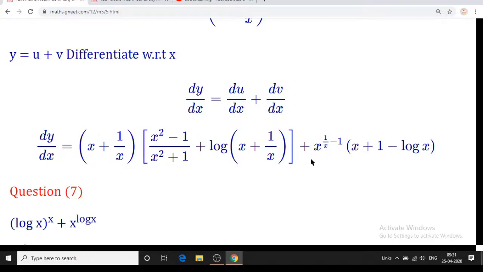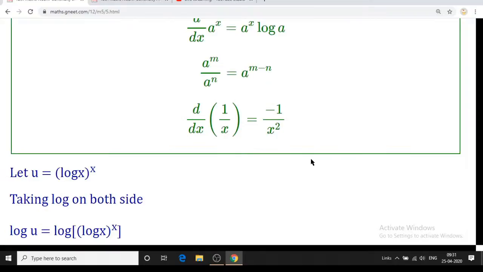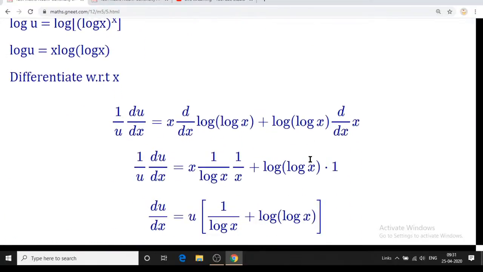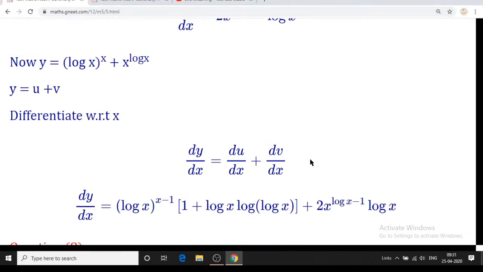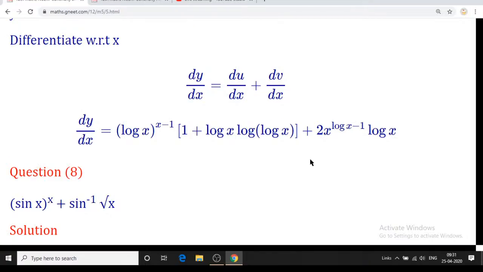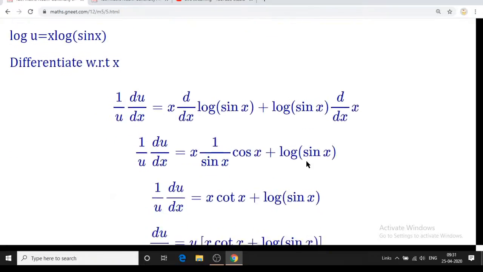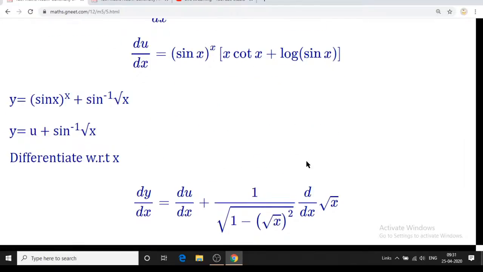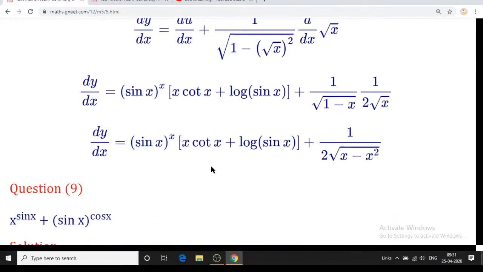I think you have cleared the question. The seventh is the same, so no need to solve. You can try by your own. Seven, eight, I'm not going to solve this because you can try this. If you are not getting, you can refer to this website, and if you are having doubt, you can ask me at any time. You can give me a call. I am always ready to give you answers.